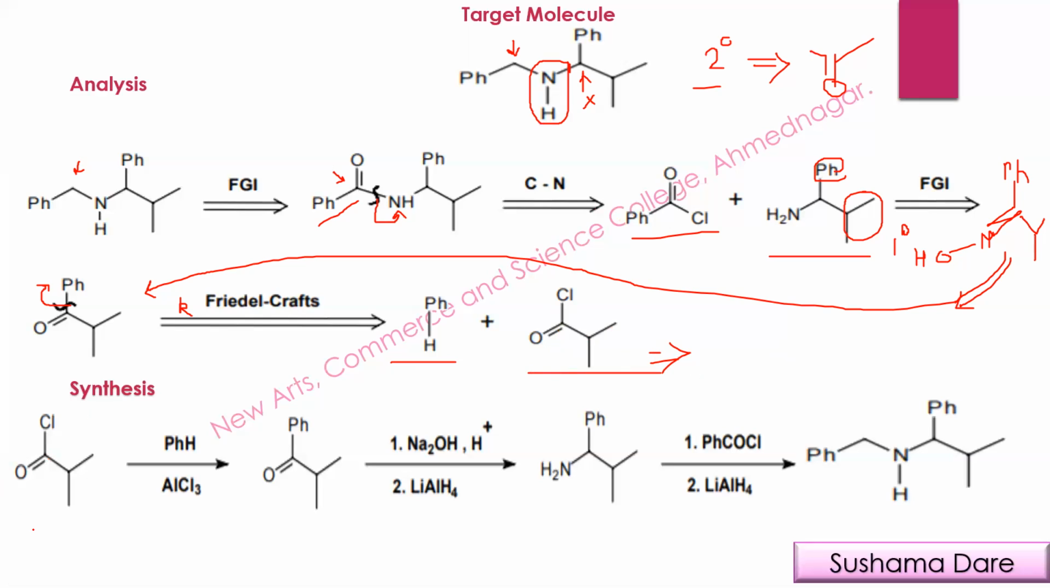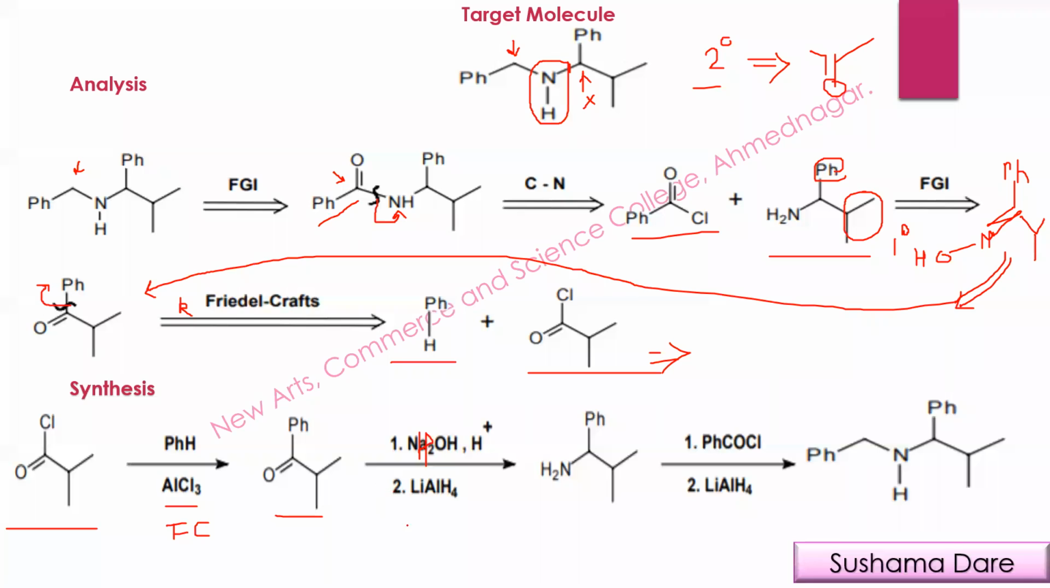Now look at the synthesis. This acid chloride is treated with benzene in the presence of AlCl3. Write down it is FC reaction. Then it gives an aromatic ketone. After getting the aromatic ketone, we have to treat it with hydroxylamine, that is NH2OH, in presence